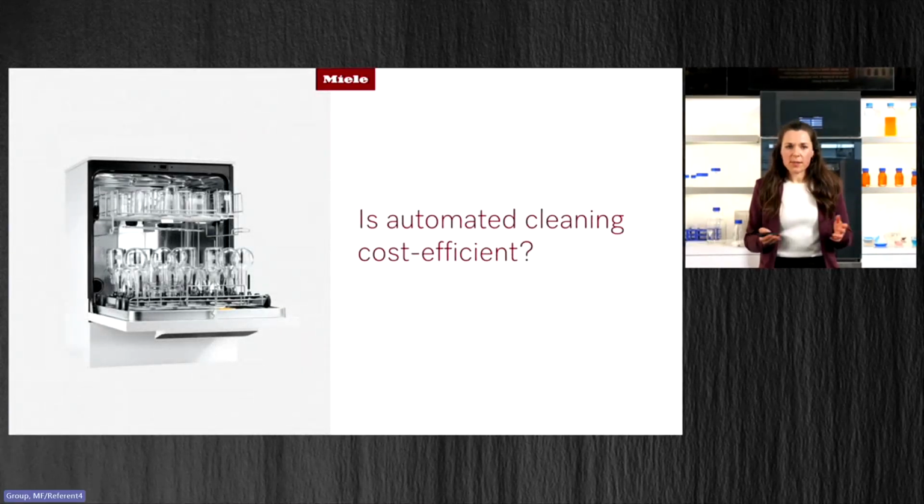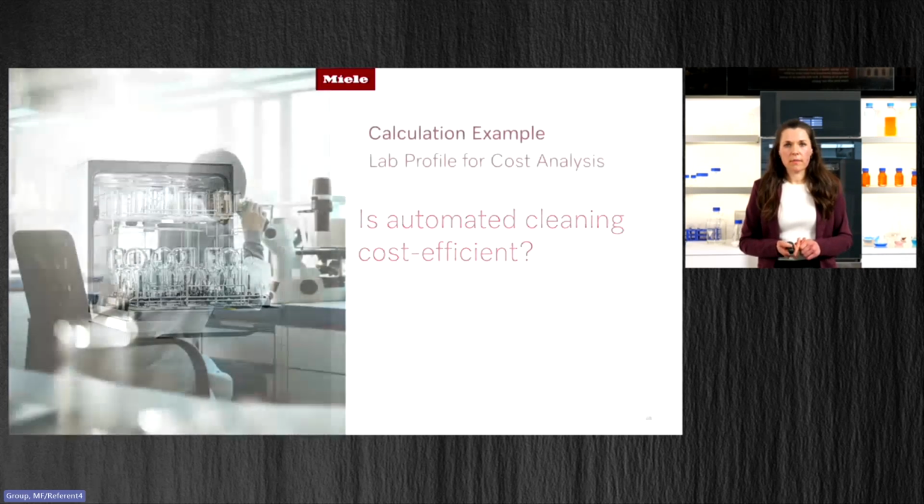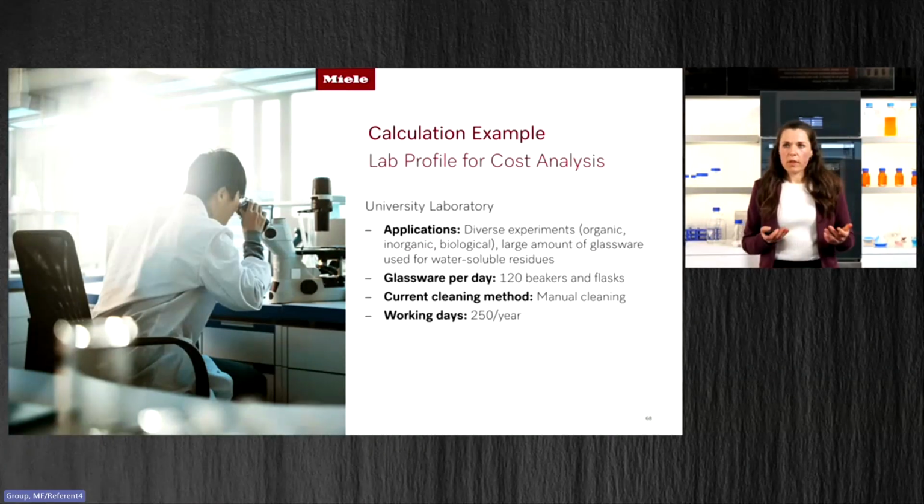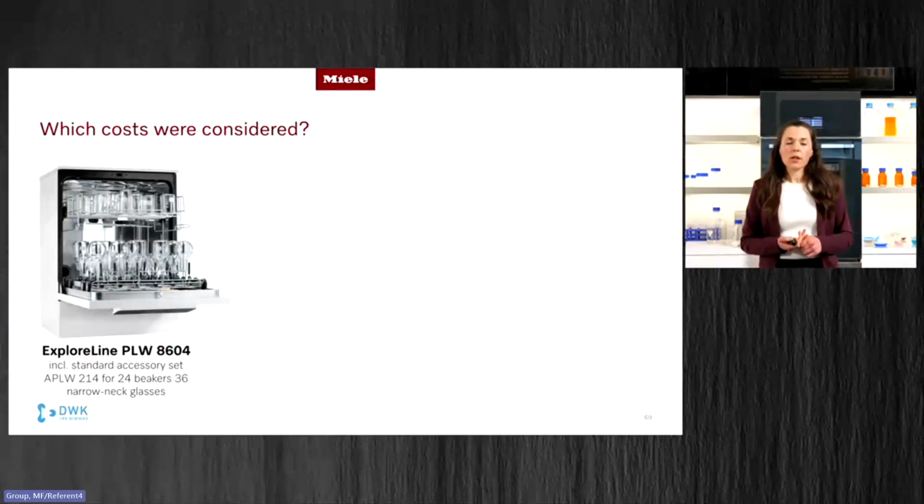So we covered many aspects, but some might be wondering, is automated cleaning really cost efficient? Let's take a look. Imagine a university lab with various applications. A large proportion of their glassware is used for simple water-soluble soilings, and they have about 120 beakers and flasks per day that are currently cleaned manually. The lab runs 250 days per year. So for this lab, our Explorer line model could be an interesting choice together with our standard accessory set APL